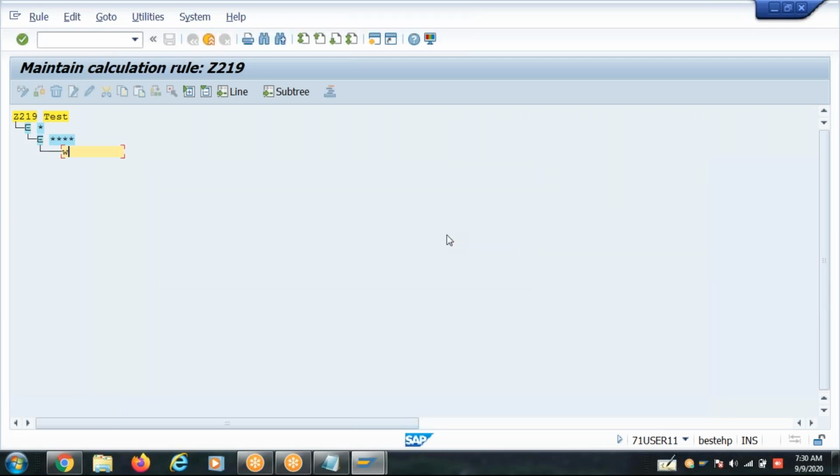I'm using the waste type operation. So what should we do? How many entries do you need to write here?